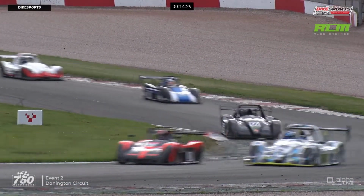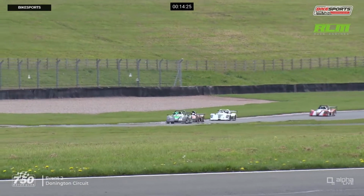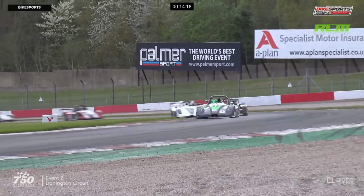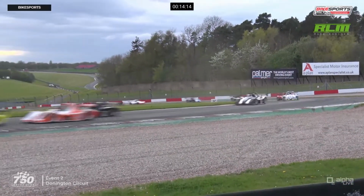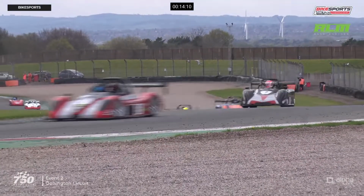There's Joe Stables. He's already passed 7 cars, something like that. But Wise is fighting back up the hill in towards McLean's. But Leon Morel has that line covered, so he continues to lead. Simon Walker-Hansel hops over the curbs. I think he thought he was in a Clio Cup car there, as the car hopped up onto 2 wheels, not particularly sure that's what you want to be doing in a